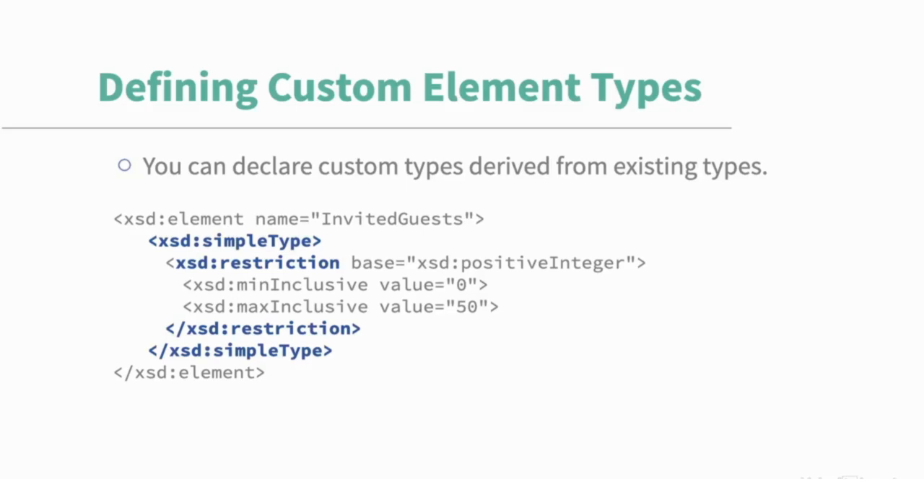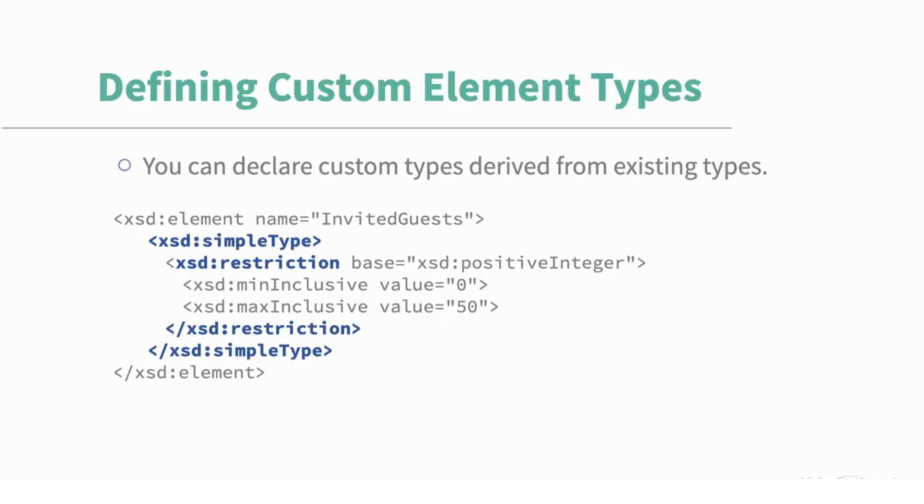And inside the restriction, we would use two tags, min inclusive and max inclusive. Each of those is assigned a value, 0 and 50. Min inclusive and max inclusive define a range. In this case, it's a range of allowable values for the number of invited guests. So the word inclusive means that those two values, 0 and 50, are included in the allowable range. So any value from and including 0 up to and including 50 would be allowed for the invited guests